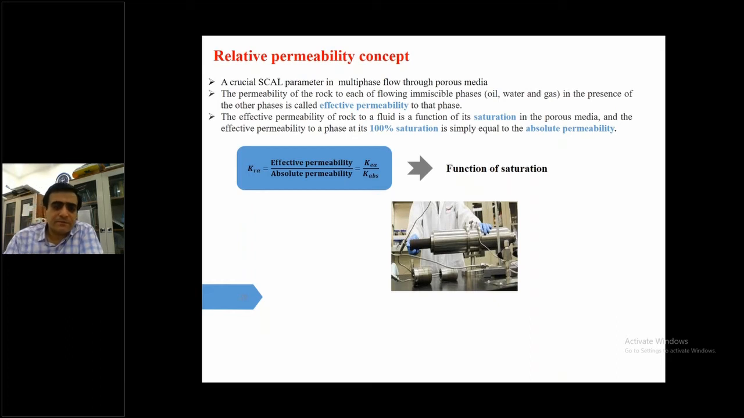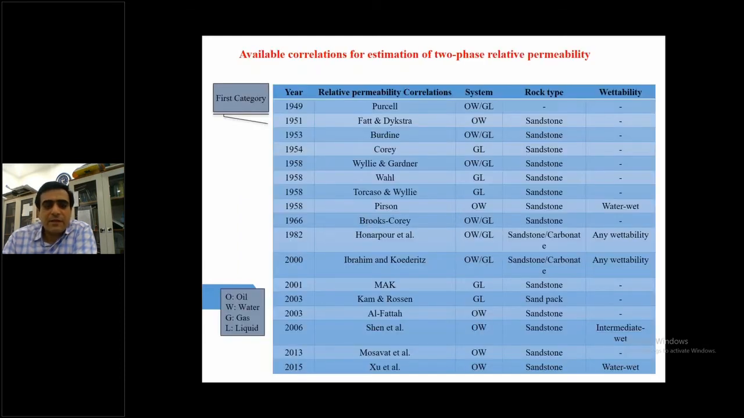You understand this equation. The relative permeability is the ratio between effective and absolute permeability, and we know that this term is very critical for reservoir simulation and reservoir modeling. And basically, the relative permeability is a function of saturation. If we take a look at the available correlation for estimating the two-phase relative permeability, we can see that there